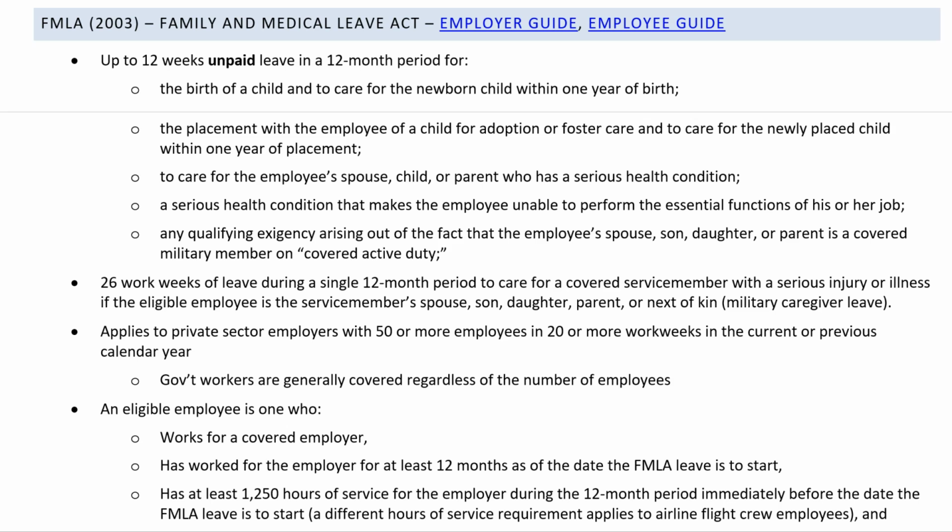Again, I link you to some resources you can learn more from, either from an employer side or an employee side, so you can understand your rights as an employee and your responsibilities as an employer. What does this provide? It provides up to 12 weeks of, keyword here, unpaid leave in a 12-month period for, and then it specifies some reasons that you can take this leave. So, for instance, the birth of a child, to care for the newborn child within 1 year of birth, the placement with the employee of a child for adoption or foster care. So if you're adopting or doing foster care for a newly placed child within 1 year of placement,